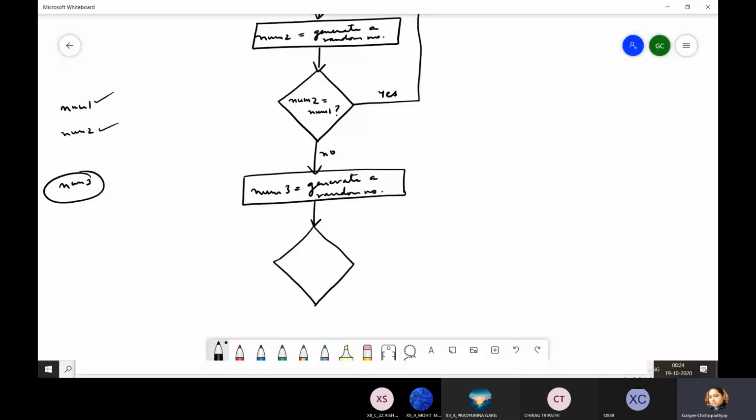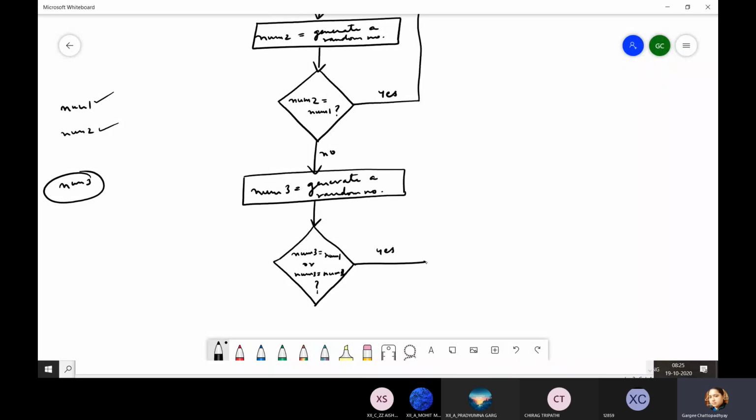Again, I will be drawing a decision box and I will be checking: num3 equal to num1 or num3 equal to num2. If num3 is equal to either one of them, that means you have to regenerate num3.